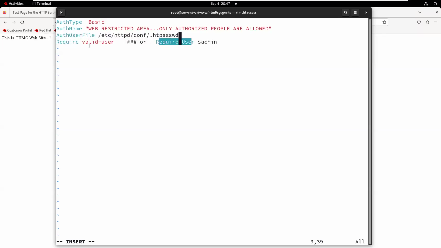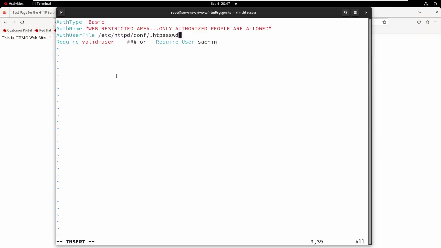If I write that keyword here, then only that username, Sachin, is valid to access this website. But if you write valid-user, any web user is valid. Remember this point. That's why one is commented out. Either we can use this keyword or that keyword: require user for only a particular user, or require valid-user for any user.